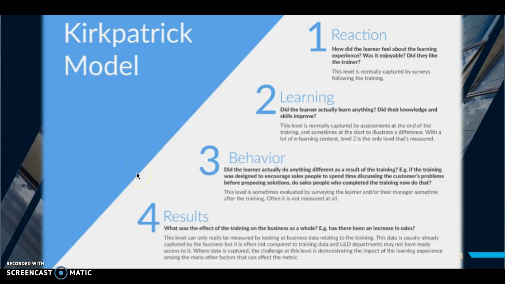So to wrap up here for the presentation, I did want to just retouch back on each of the levels. So we have one, the reaction: how did the learners or the trainees feel about their experience. Then we have the learning, which is before and after the training. You want to evaluate how much knowledge has increased based on what you have presented. Then we have the behavior, which can span over a couple of months as far as gathering that information. And you want to do that with weekly or bi-weekly check-ins with the employees or participants to figure out if their behavior has altered, and whether the conditions of their work environment may have taken effect on the behavior. And then the last one is the results, and that's concrete evidence of how well your training has